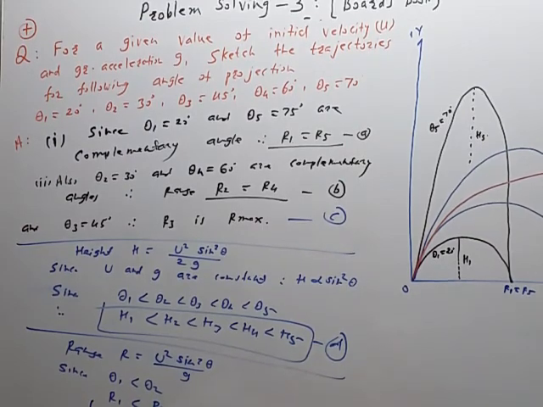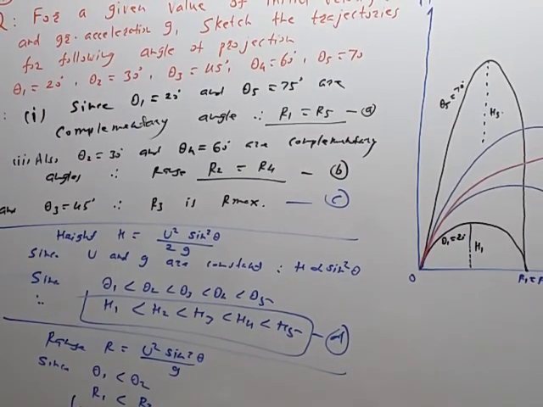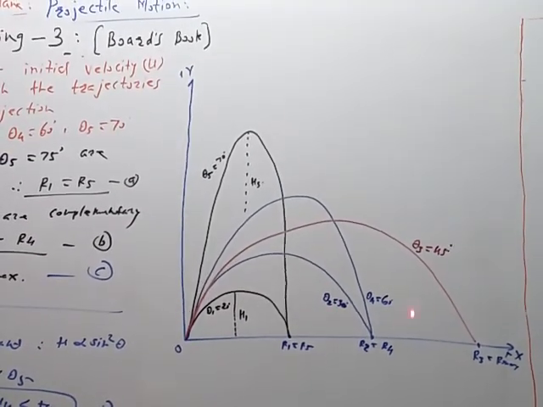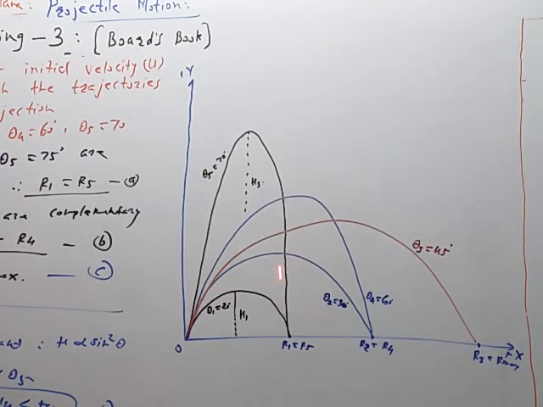So these results of range and height are important. So we are given 5 angles of projection, they are in increasing order, so height will be in increasing order. H1 will be minimum, H5 will be maximum. Then this 20 and 70, they are complementary angles, so range R1 is equal to R5. Then this 30 and 60, they are complementary angles, so their range will be again same, but for 60 degree height will be more. So this is height H4, this is height H3.